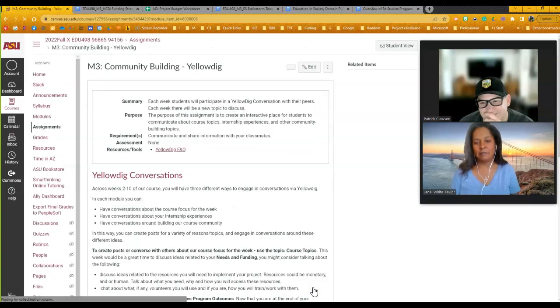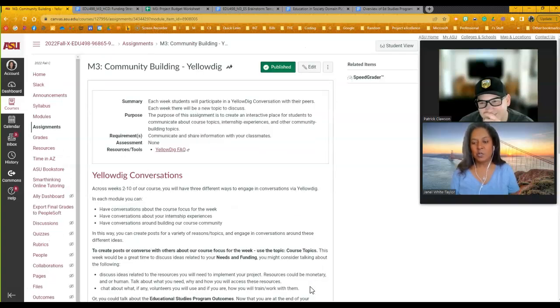All right, next up, Yellow Dig. In Yellow Dig, you're going to have a conversation. You're going to spend time talking about your needs and your funding. This is a great way to make sure that you're not forgetting anything. So throw out there what you're thinking, but then go back and listen to what your colleagues have said, because